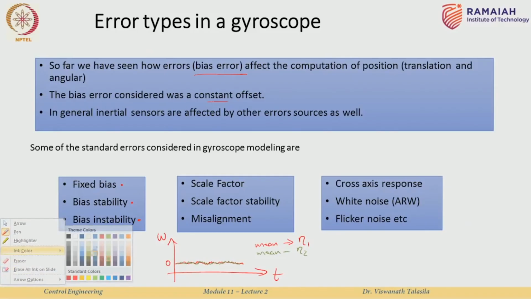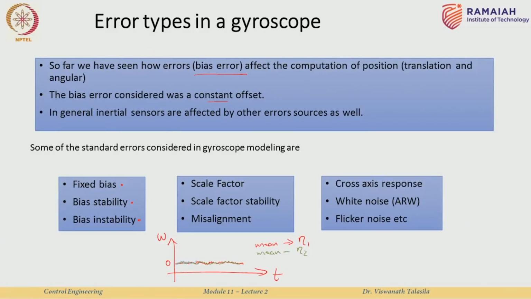You can repeat the experiment again if you are sufficiently interested or bored in life, and you compute the mean the third time, you are going to get a third. Keep repeating the experiment every single time, turn it off, turn it on, wait for 5 minutes, collect the data, calculate the mean. Every time you are going to get a different answer, which means your bias is not really stable, it is not a fixed constant bias. So, that is another problem,